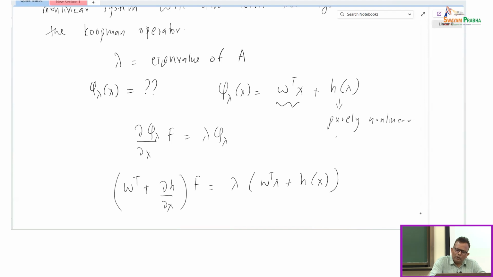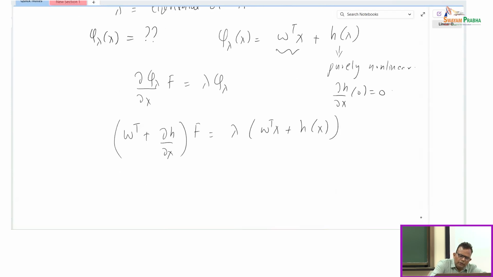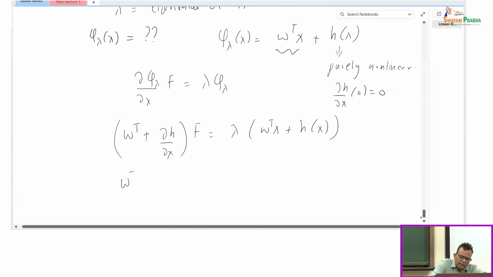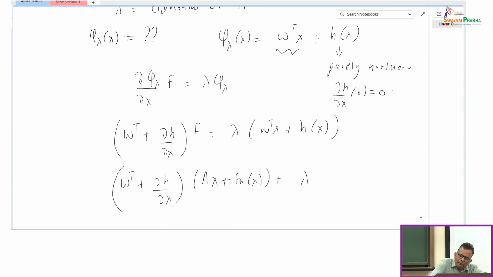What do you mean by purely nonlinear? It means that partial H, partial x at 0 is 0. There are no linear components there. Okay? Because all the linear components are here, we do a decomposition of the system. Now, if you equate this, F also has a decomposition: Ax plus Fn of x, plus lambda W transpose x plus H of x. Now, if you simplify this,